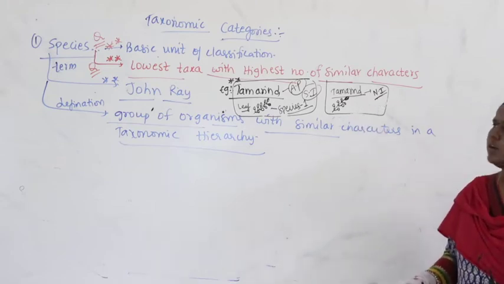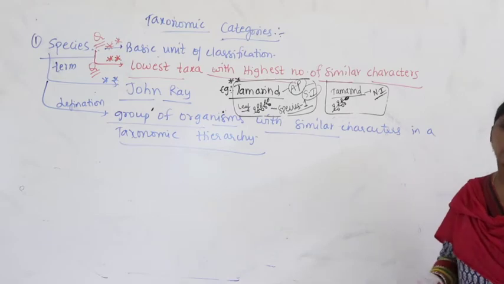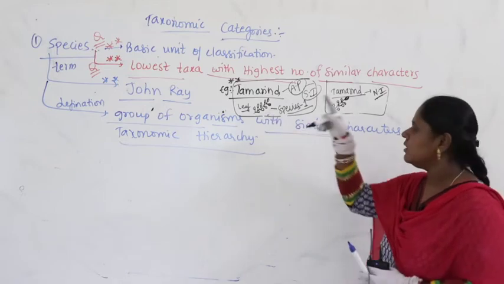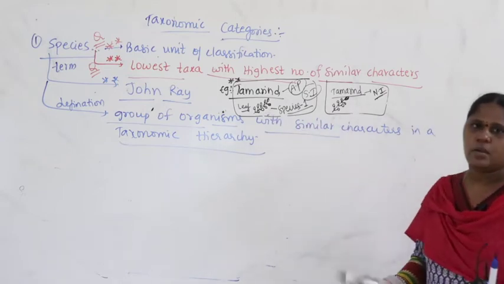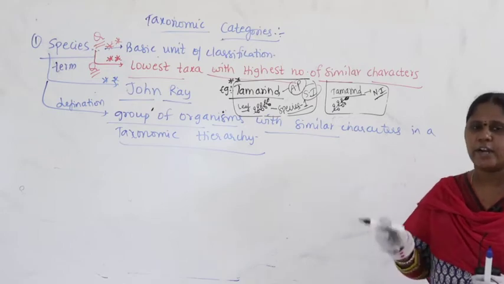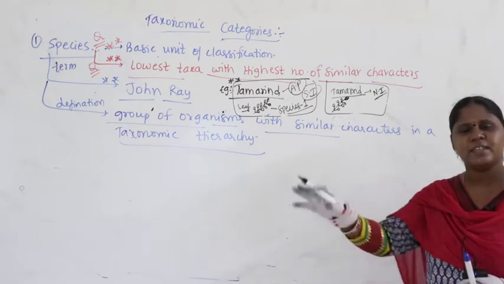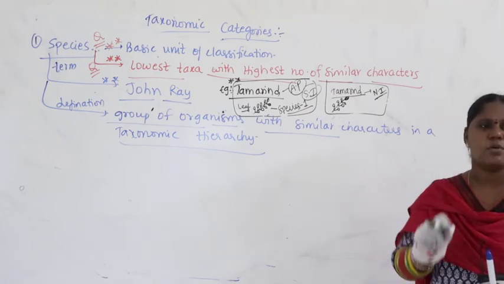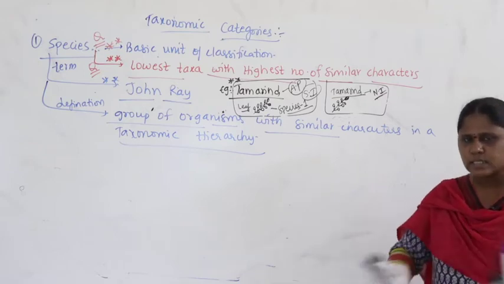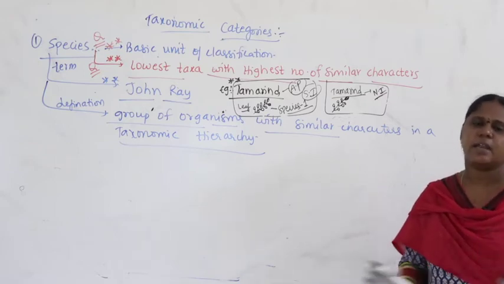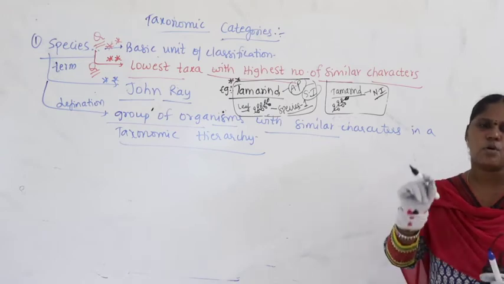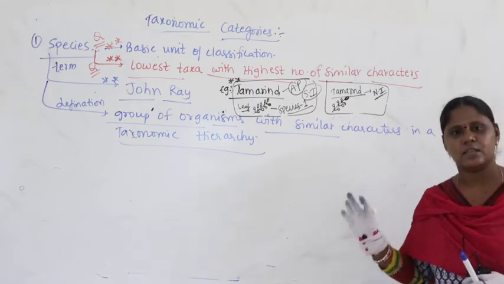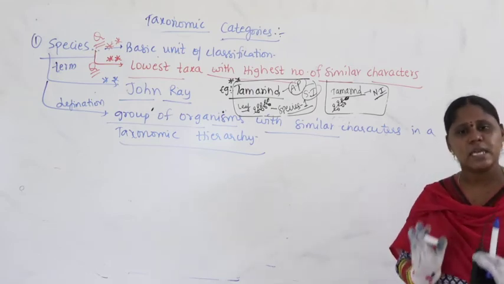Rest of the plant and total number of branches, how the plant is looking, everything is the same, because this is also Oryza, this is also Oryza, this is also tamarind, this is also tamarind, the genus is the same. But why do you give different species names? We say different species because there may be one or two very small differences. The genus is the same, Oryza, the same tamarind, but there are a few small differences. With that we say one is one species, the other is another species, but both of them belong to the same